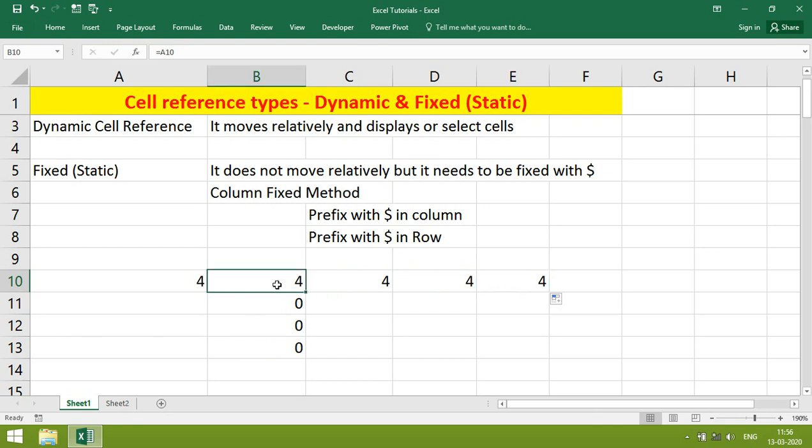To make a fixed column, place the $ sign, then just drag to the right side. The column has not changed.